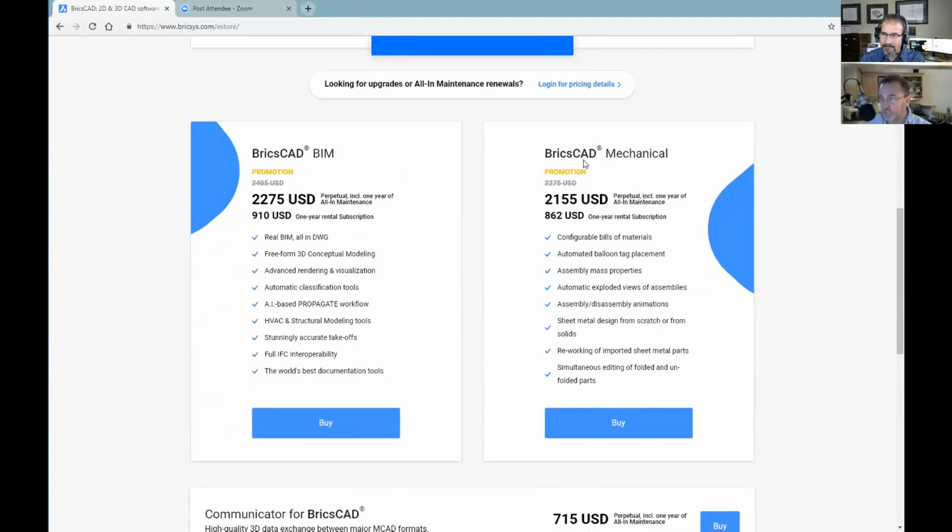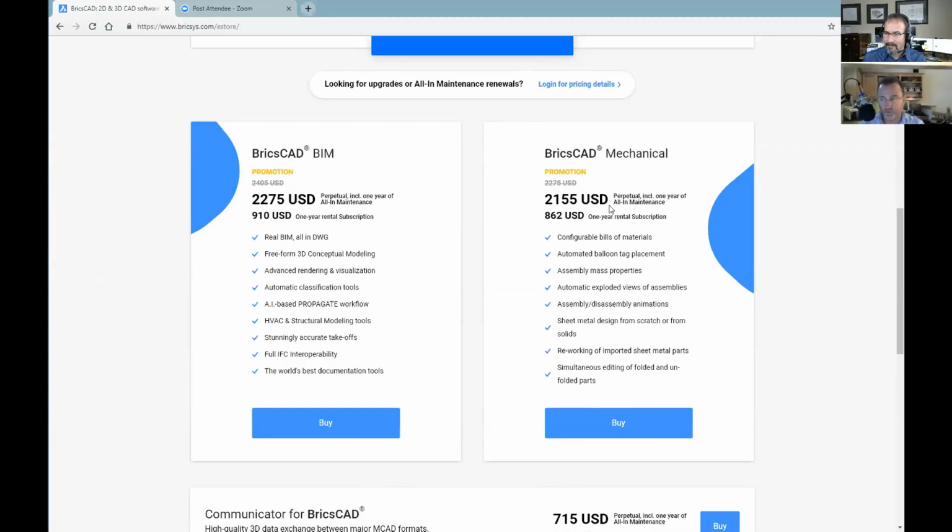So the price you're seeing up on our website right now is the promotional pricing, and that $21.55 is for BricsCAD Mechanical. That includes everything. You don't have to add it to Platinum. It's actually Platinum with all the mechanical components in it. So that's a standalone product. Vince, you got to highlight the sheet metal. Sheet metal is inside of that as well. So it includes everything you were showing, plus